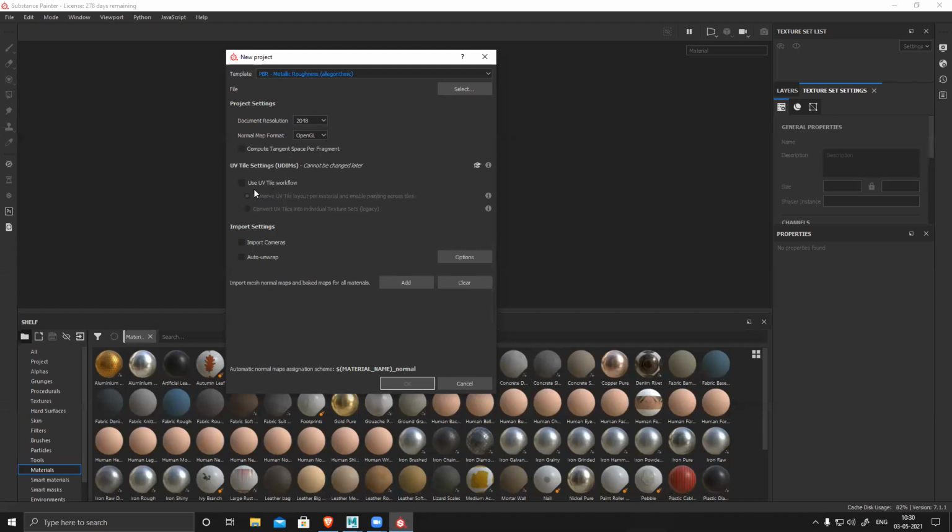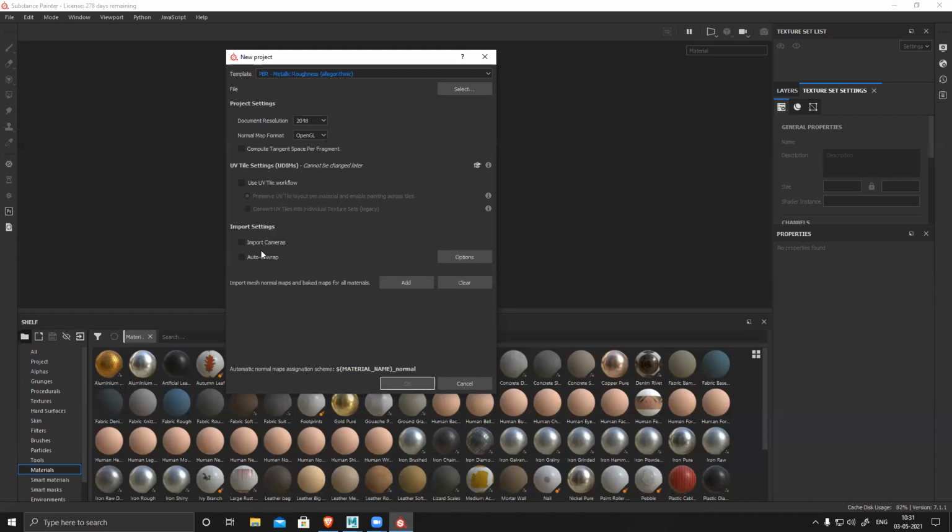And you can see there is something called use UV tile workflow. This is for production when you have UDIM activated. UDIM is basically a different process of texturing where you have only one material assigned, but you have multiple UV tiles, and each and every UV tile has a different texture. That's an entirely different process, and this is something we use for production only, not for gaming. We use it for production like movies and cinema. And there's an auto unwrap option also.